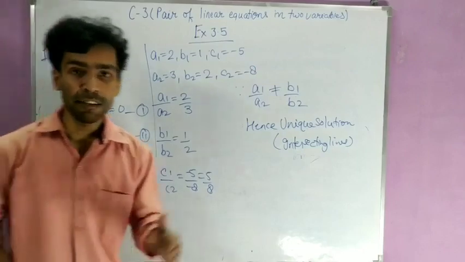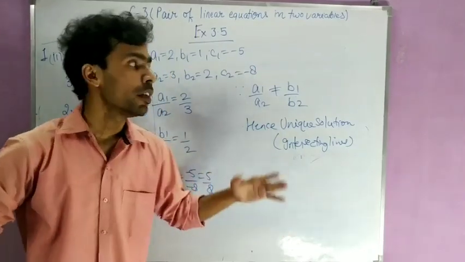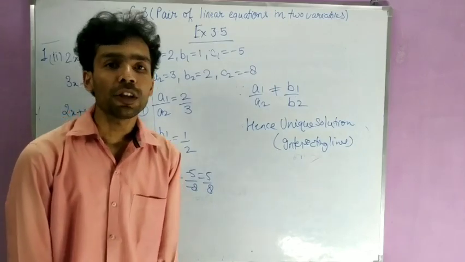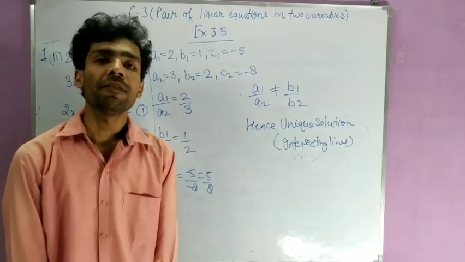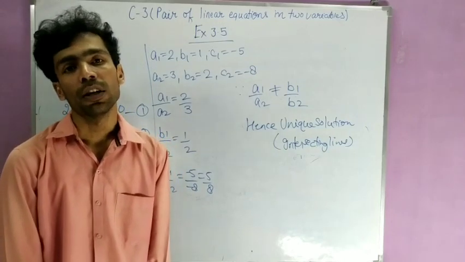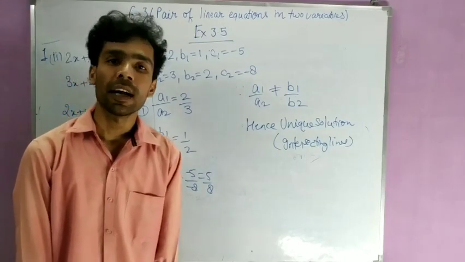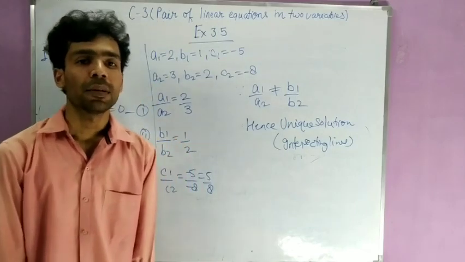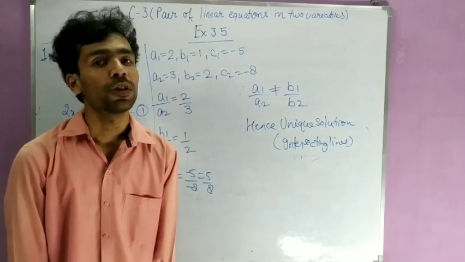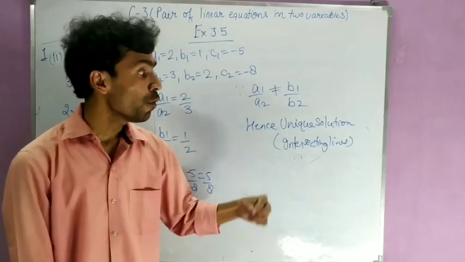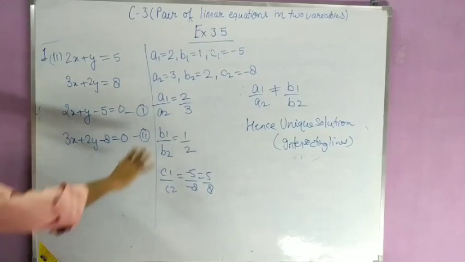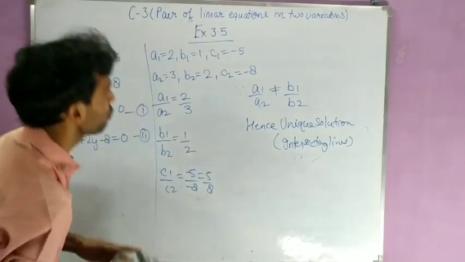Now, the question said if there is a unique solution, you have to solve it by the cross multiplication method. Student, listen. I told you the meaning of unique solution: we will get only one value of x and y. And we use all the methods for a unique solution only. Whatever methods we have studied, like graphical method, elimination method, substitution method, cross multiplication method, all are applied for getting a unique solution only. So because there is a unique solution, now we will solve these two equations by the cross multiplication method. First you check like this, after that I am going to solve.